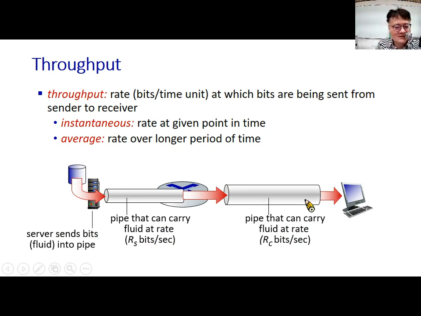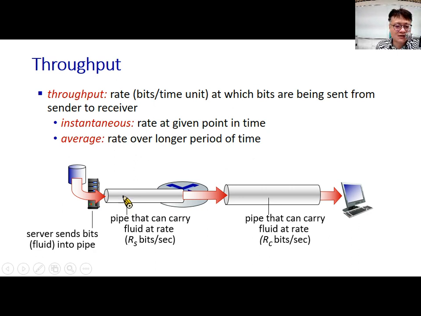So for the throughput, we can say the server sends bits, right? It's a flow like a pipe. It's very similar to fluid flowing into a pipe, and the pipe carries fluid at a rate. So like fluid or water fed into this tunnel or pipe, and the rate is Rs bits per second. And the same is